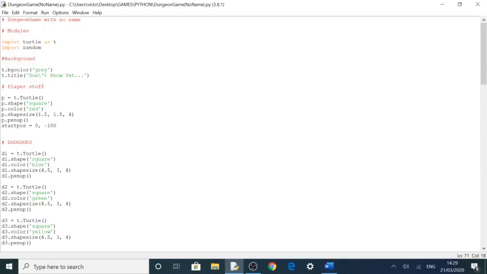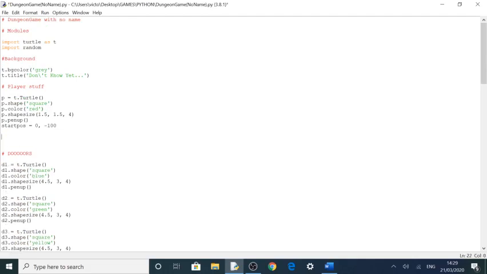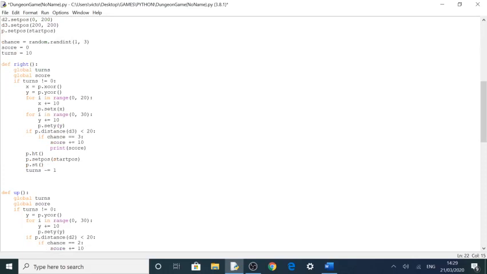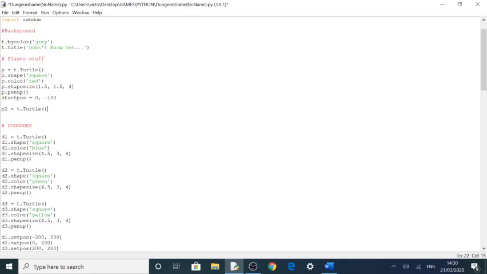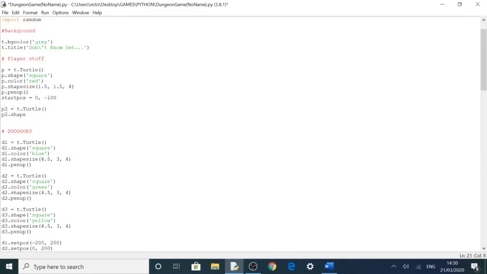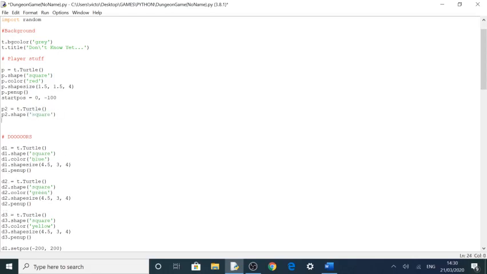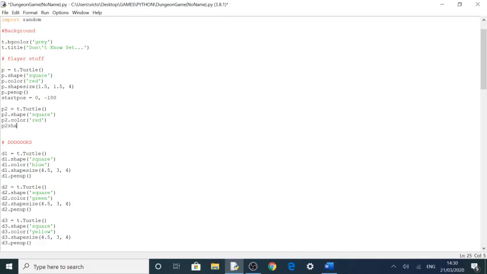So what we want to do is create a new player called P2. It's not player 2, it's just a second version of our player character that's going to be in the shooter game. So you want to do that. P2 dot shape will be a square. Now I'll come back to shape in a second because there's something about it. P2 color will be red. P2 shape size